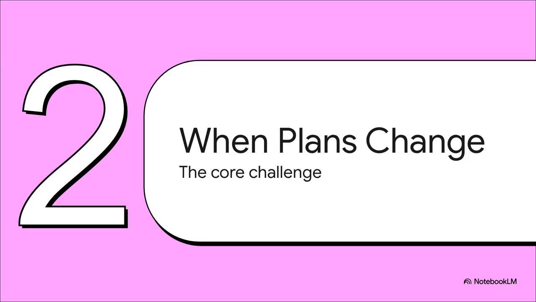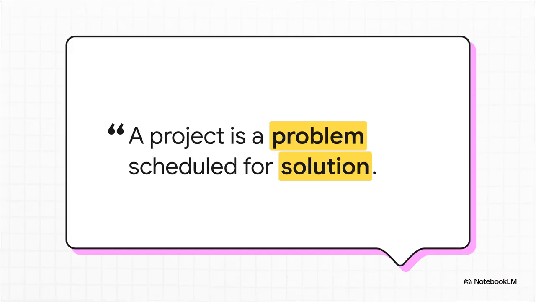But what happens when the real world decides to show up? This is the fundamental problem that kicked off a complete revolution in how we think about projects. I love this saying: a project is a problem scheduled for solution. It's great, but it leads to a huge question. What if your problem is something like discovering a new cure, where the solution is totally unknown? Or what if the customer isn't even sure what problem they want you to solve yet? That's the exact moment the perfect plan just shatters into a million pieces.